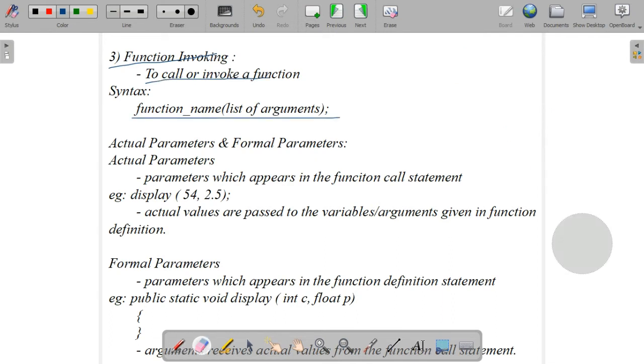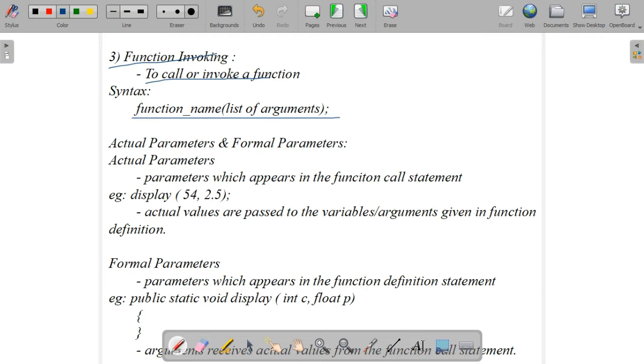To call or invoke a function, we just need to use the function name. If any arguments are there, we have to give the list of arguments. So the syntax to call is the function name, then the list of arguments. If we defined it with a list of arguments, we have to call it like that.